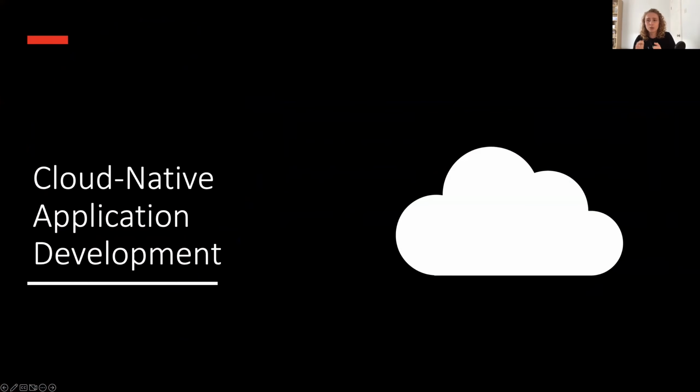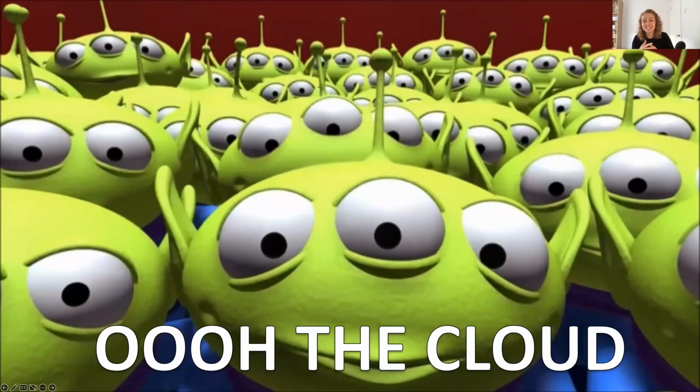So cloud native application development. Why do we care? Why are we so fixated on enabling our applications to really thrive within this environment and make sure that we're gaining all the benefits and advantages of deploying our applications in the cloud? And it's often because of this. Hopefully you guys have seen Toy Story. If you haven't, please take that away as homework because it is an amazing film. In Toy Story, we have these aliens who often have this catchphrase.